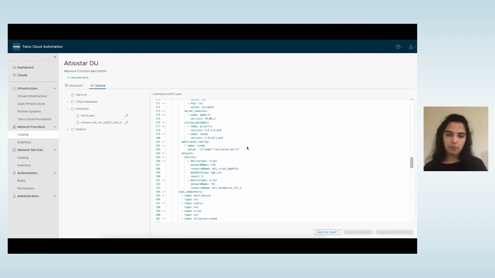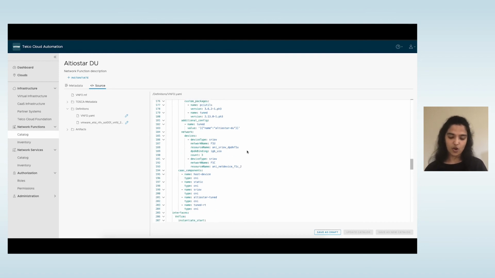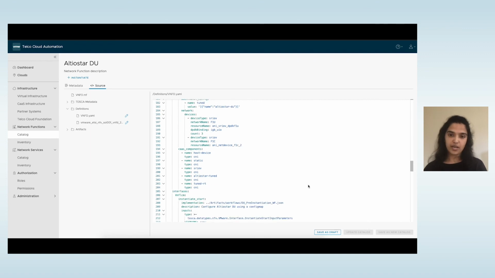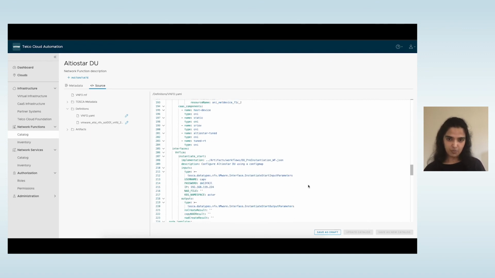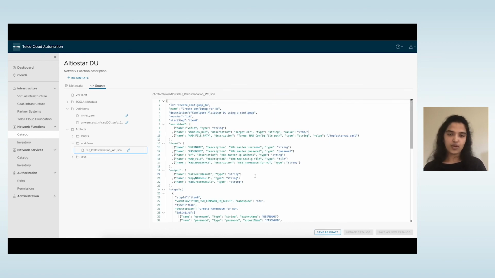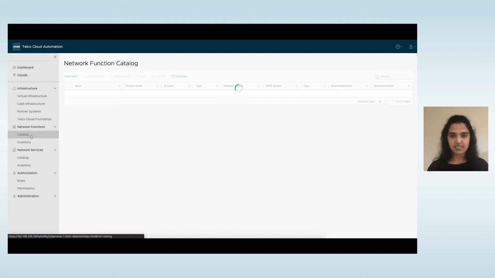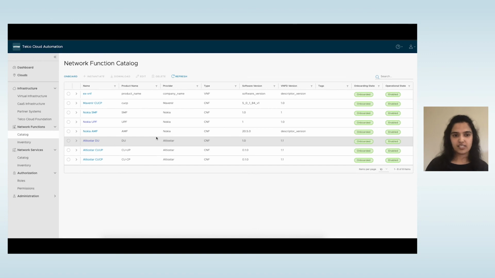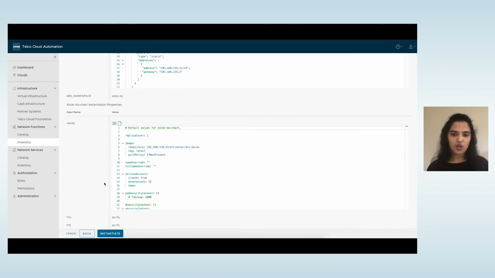So when you deploy this network function, that is when the CAS and PAS components and node customizations are happening. And then ultimately, once it is being deployed, right? That's when you see that all of them are end-to-end automated. So if you have these workflows like pre-instantiation or post-instantiation, that also gets run as soon as you deploy this network function. So let me go to an already deployed network function.